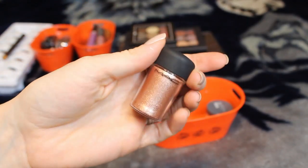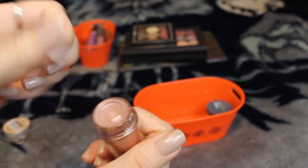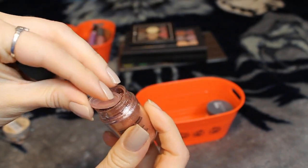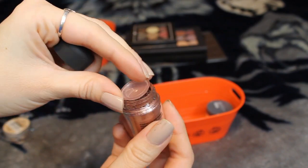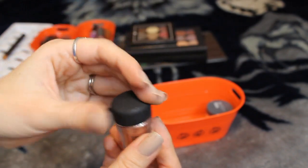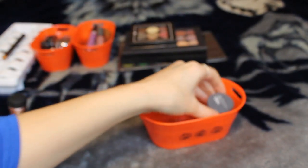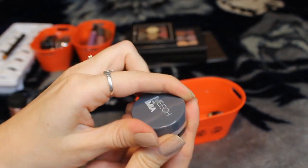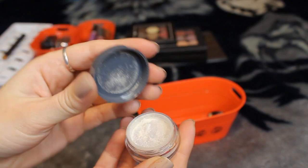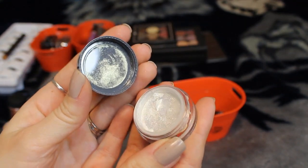I have a MAC pigment in Tan. This I feel like is a classic that most people know what it looks like. I do still kind of want some of the Zodiac pigments from ColourPop, but I don't know if I reach for them enough. For Meech and Mia, this is in the shade White, but this is very similar to MAC Nylon maybe,